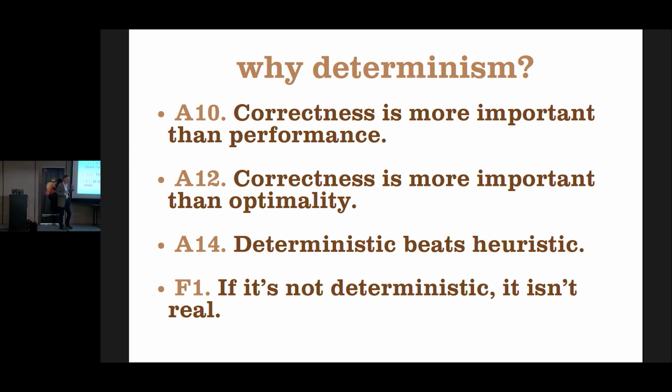IEEE 754, which is the current standard, was first standardized in 1985. It represented a compromise across many hardware vendors, software vendors, and operating system manufacturers, and it was a way of trying to address a lot of long-standing issues. People had rolled their own versions of this in the past.